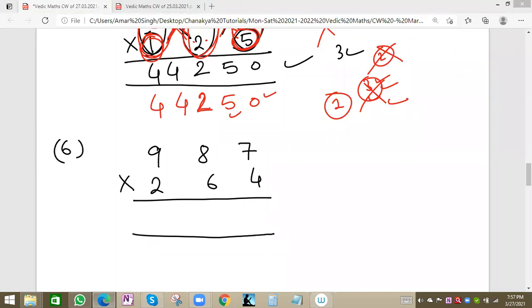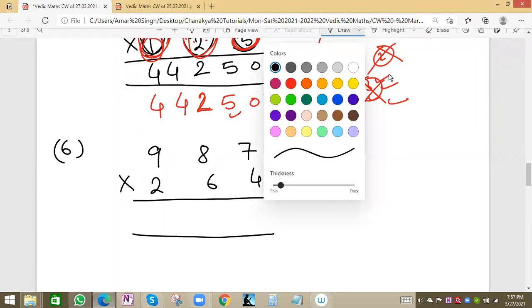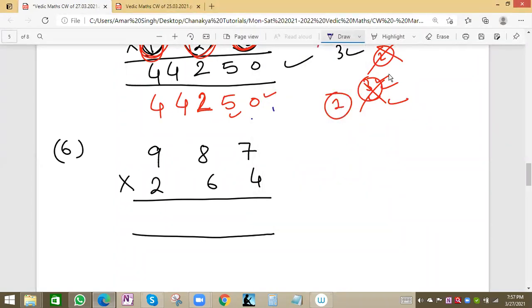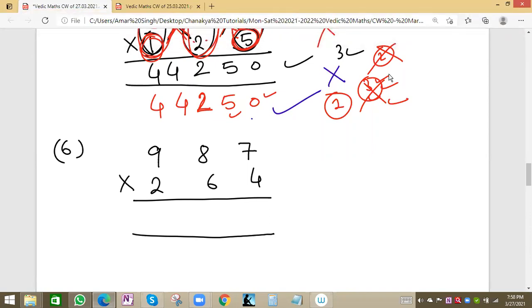Anudeep, I didn't get your answer. Just type the answer now. I got the right answer, then fine. If you're getting the right answer 260,568, then in your notebook you can tick mark this one like this. Otherwise cross it as wrong and do the correction. Rashul got the answer, okay, no problem. Others can try, take time, no problem. Time is not an issue this time.